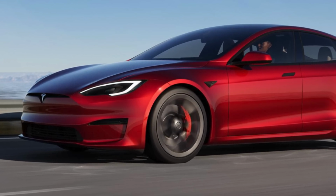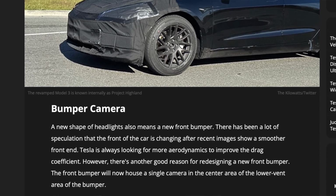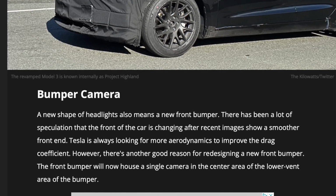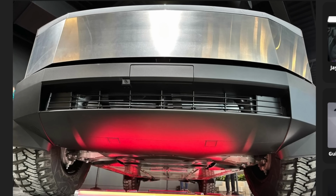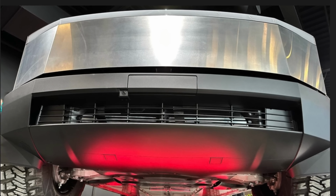If they brought those to the Model 3, I feel like they would definitely get a bit more of a wow factor with them. But they said they expect the front bumper camera to also be added to the Model 3, just like we've seen on the Cybertruck prototypes, which is a little bit off-center, but this is mostly to help with features like park assist, which clearly are taking a long time for Tesla to add via Tesla Vision